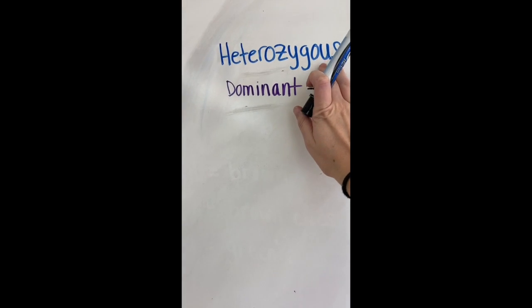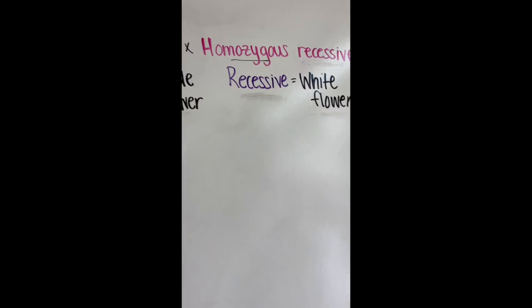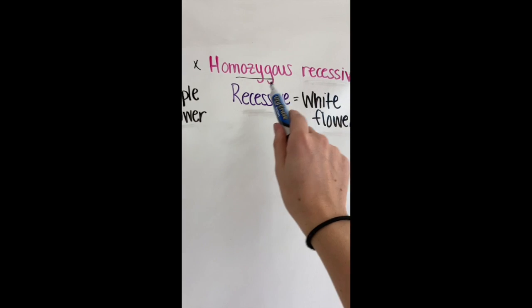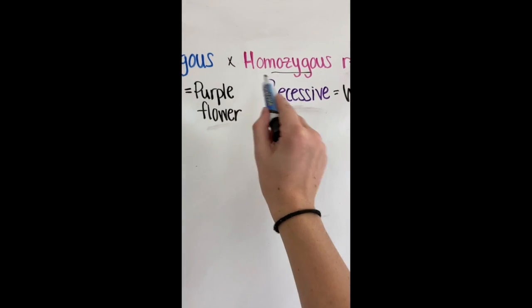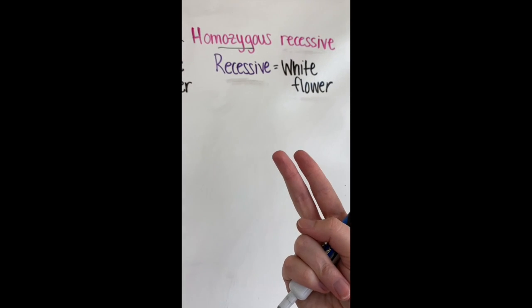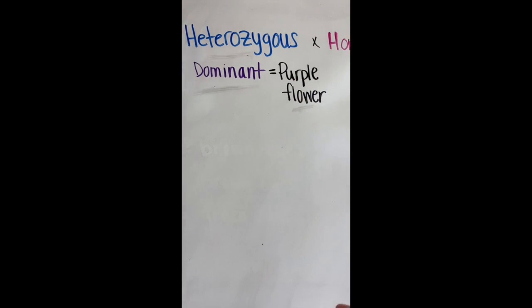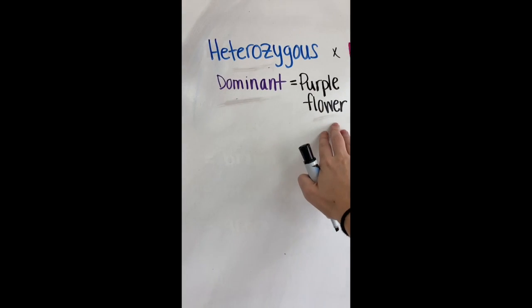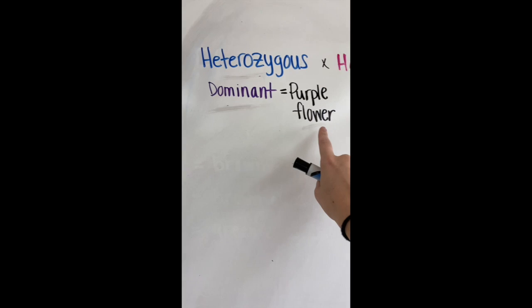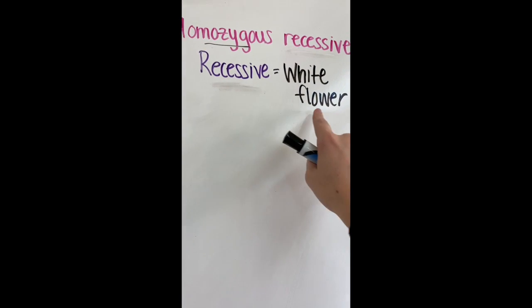The father is heterozygous, so we know it's going to have one dominant, one recessive. The mother is homozygous recessive. So remember, homo means same. So we know that it's going to have two of the same recessive alleles. In this scenario, we're going to look at flower color. So dominant means that it's going to have a purple flower, and recessive means it's going to have a white